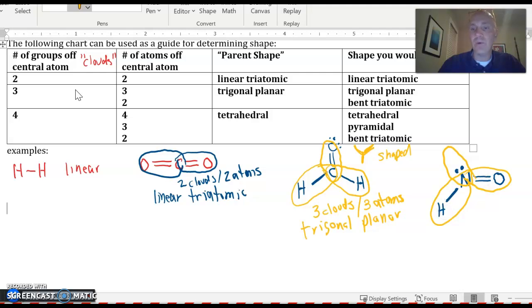And what we call that shape is bent triatomic. I always just use the analogy that it's kind of like a boomerang. It's going to have a little bit of a bend to it. And what gives it that bend, so why is it that this thing doesn't want to be in a straight line